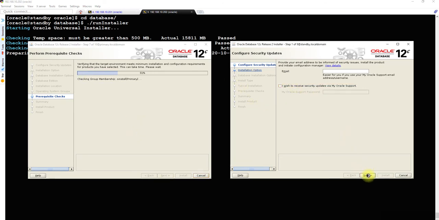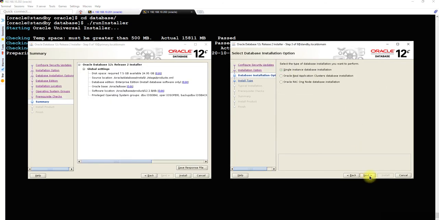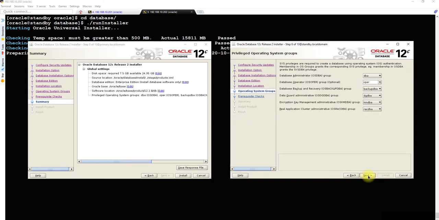Let's move on with the standby as well. Say yes. Install the software. Single instance database, same thing. Okay, /oracle/base, and here we will just remove the home, and everything looks to be same.